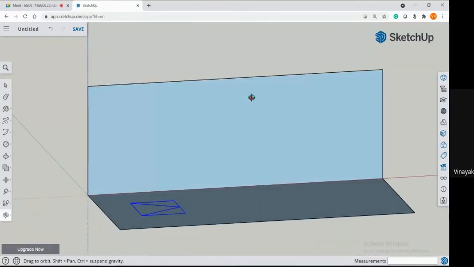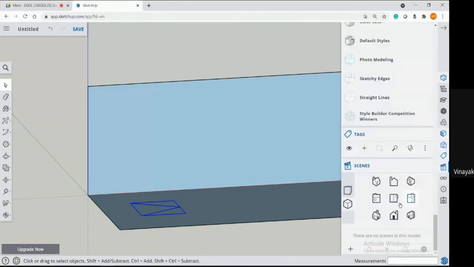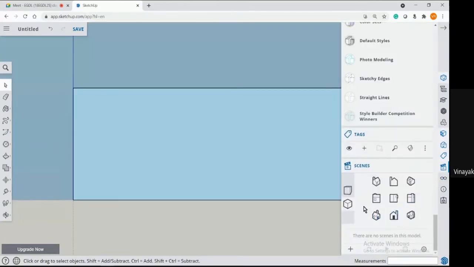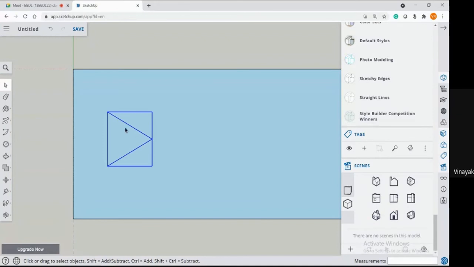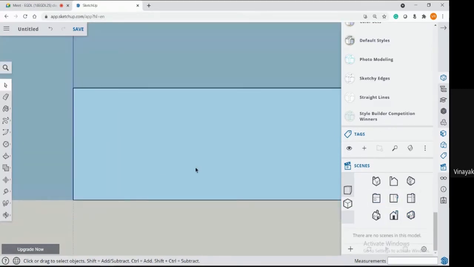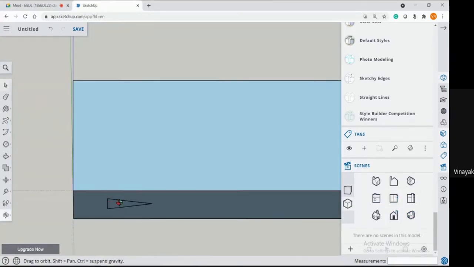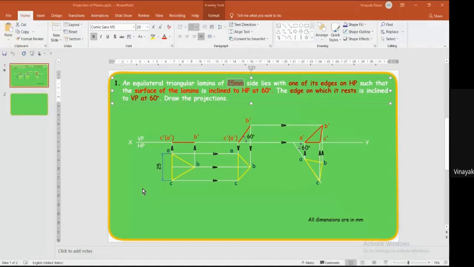Here, when I see the top view, this is how your top view looks to you, an equilateral triangle. The front view will be a straight line, which will be on the xy line. So I just project this, and the front view will be on the xy line. In order to obtain this,